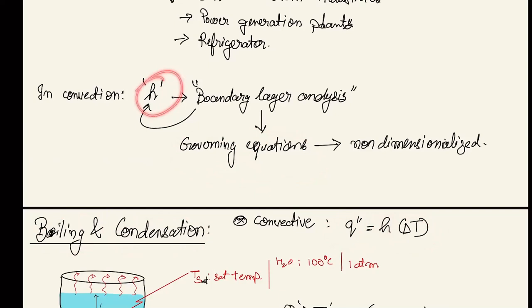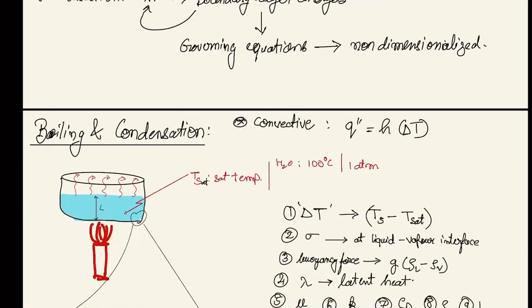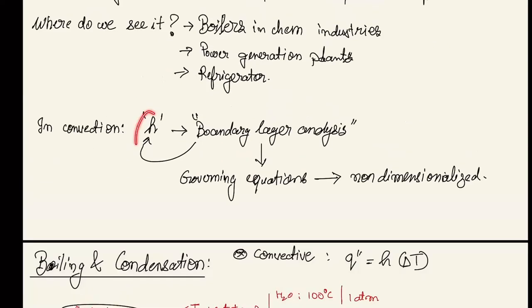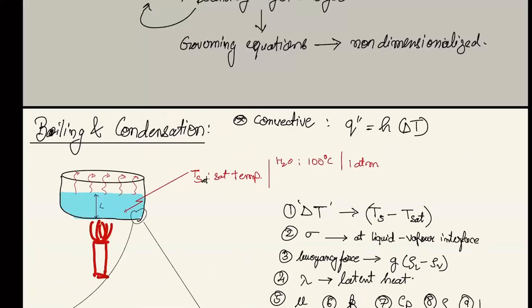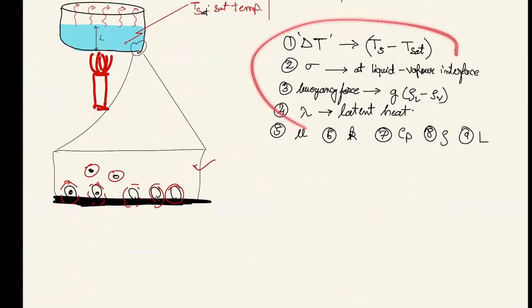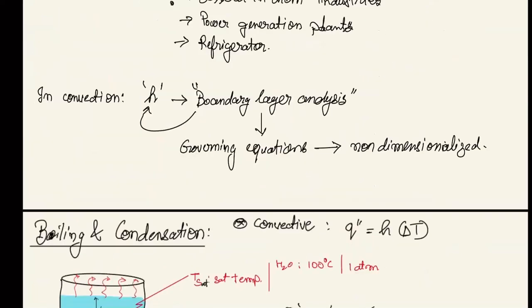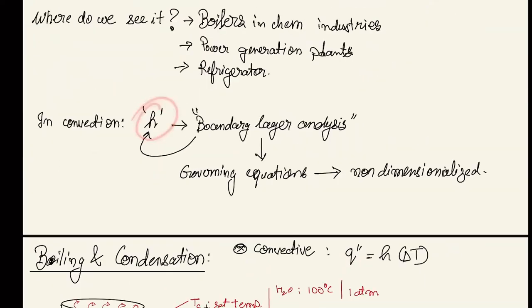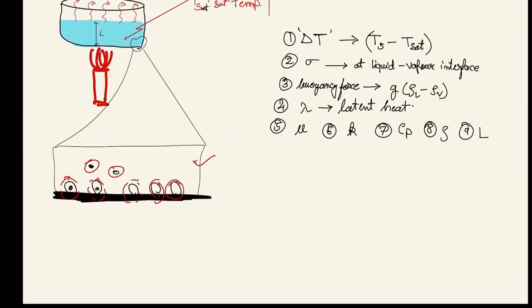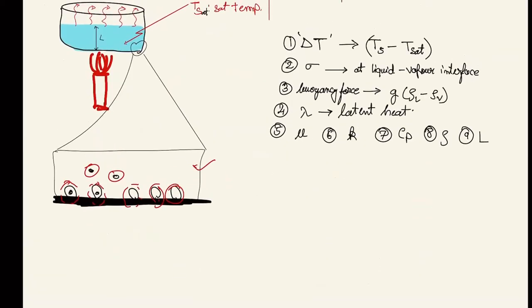To know the value of H, I cannot start with a governing equation this time, but I know that this particular H depends on the factors which are listed over here, and I can now generate those 9 non-dimensionalized groups and a relation for H. And I can do this using a nice theorem called the Buckingham Pi theorem.